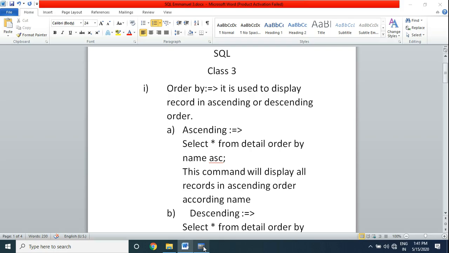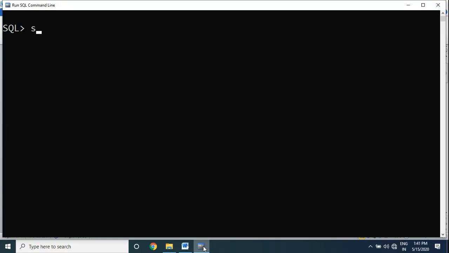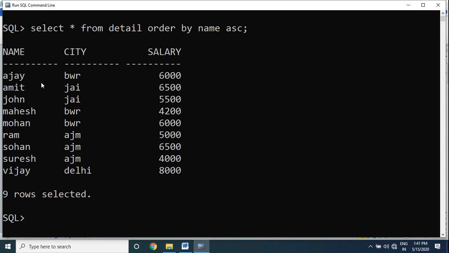So let's do an example. SELECT * FROM detail ORDER BY name ASC. So all records will be arranged in ascending format according to alphabet.